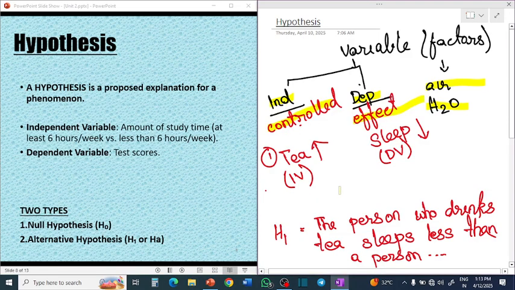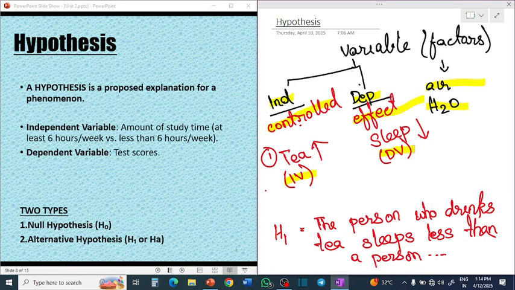For example, we will do a research on whether drinking tea has an effect on sleep or not. So through research, we come to know that the more amount of tea you drink, the lesser will be your amount of sleep. So in this, the independent variable will be the tea and the dependent variable will be the sleep, because we can change the amount of tea that we are giving to the particular person, and the person's effect on sleep, we will measure. So sleep will be our dependent variable.